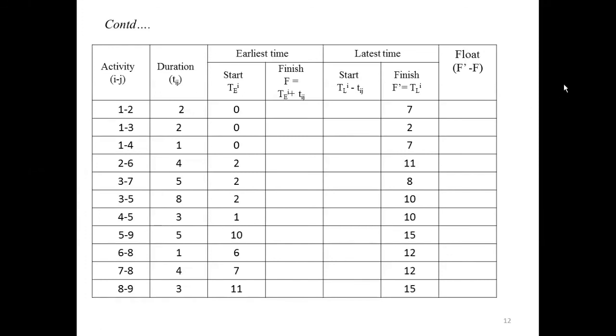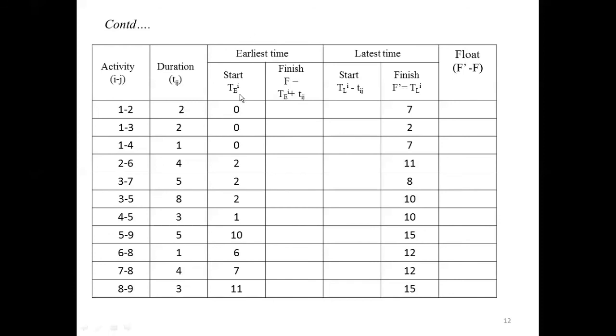That means to write this column, that is latest finish time, always write it with respect to the ending node of each activity. That is, the ending nodes of the activities are 2, 3, 4, 6, 7 and so on. With respect to these nodes in the network diagram, whatever value you have in the triangle, those values you have to enter. After entering these values, you have to fill these two columns by the given formula.